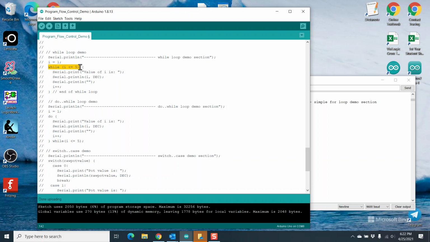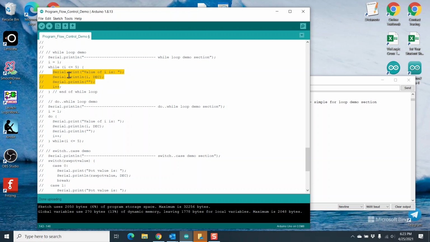And while I is less than or equal to 5, I'm going to stay inside this loop. So you never get in this while loop unless I is less than or equal to 5. You stay in this while loop and do all these things within the while structure until this condition isn't true. So I keep on adding 1 to that, and as I go along here, I'm going to print the current